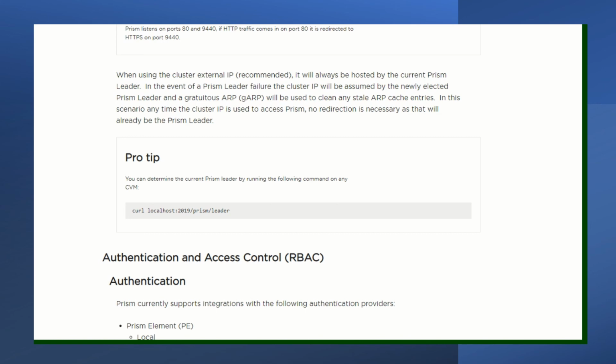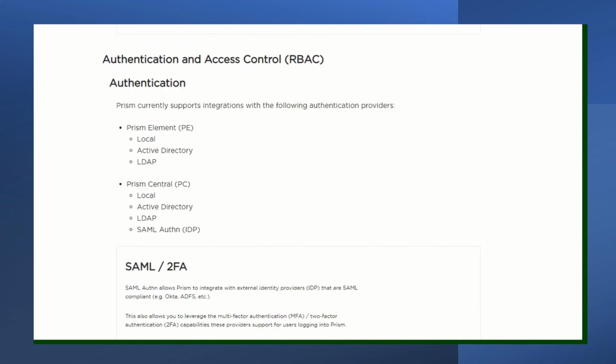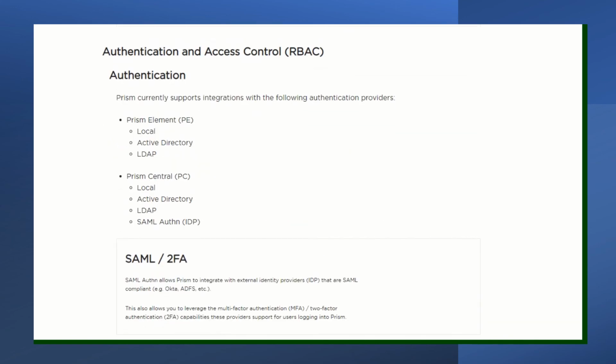Authentication and access control, RBAC. Authentication. Prism currently supports integrations with the following authentication providers. Prism Element, PE: Local, Active Directory, LDAP. Prism Central, PC: Local, Active Directory, LDAP, SAML authentication, IDP. SAML/2FA. SAML authentication allows pre-